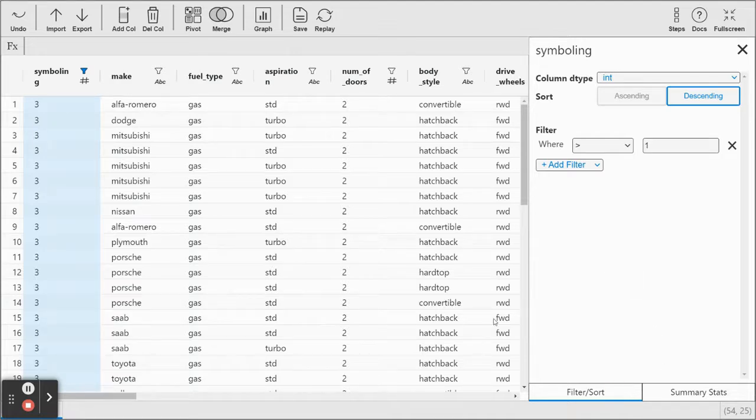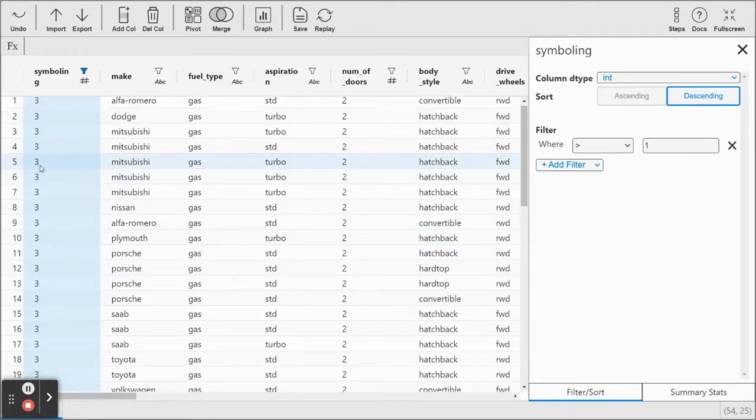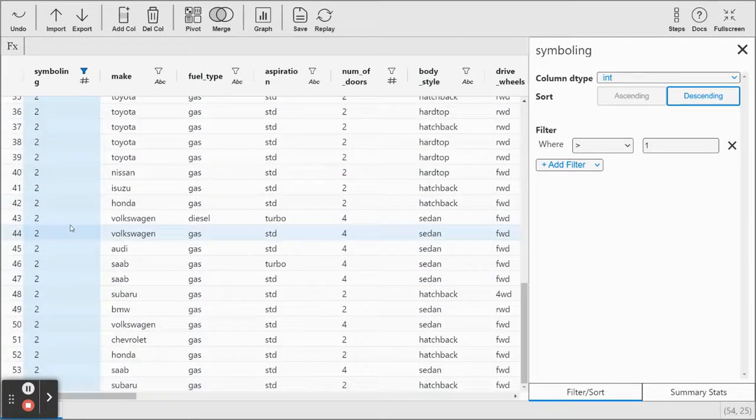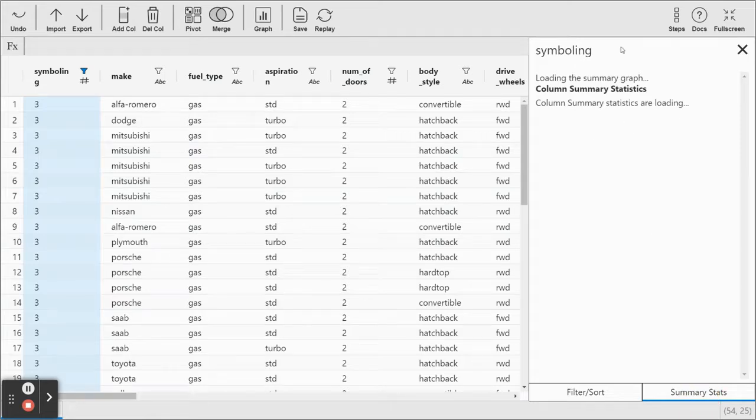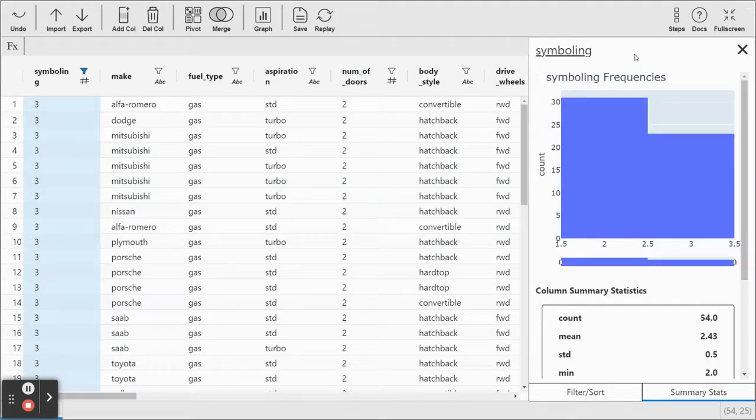You can see that the data is directly filtered, and you can view only the values greater than 1. Here you can see an option called summary stat, that is, summary statistics. Click on that.